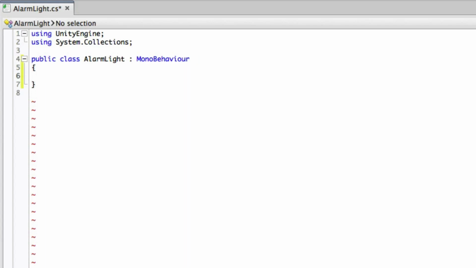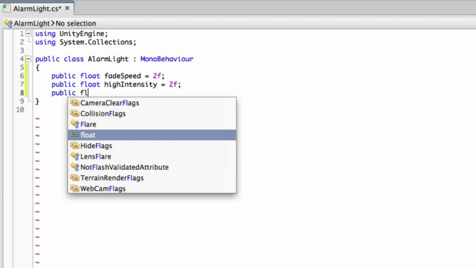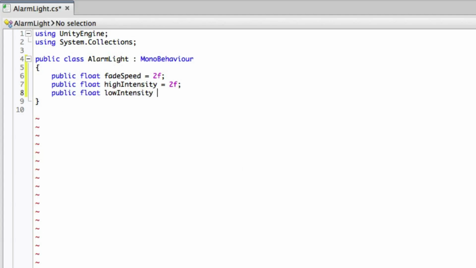Now we have an empty class, we can add some class variables. Firstly, we'll need to make the public ones. We're going to make a series of floats as the parameters to control the different intensities of the light and how fast we fade between them. Firstly, the fade speed. We'll set a default of 2, but this can be tweaked later in the inspector if we like. Next, we'll need a couple more floats to represent the high and low intensity we want the light to fade between. 2 and 0.5 should be appropriate defaults, but again, we can tweak them later in the inspector